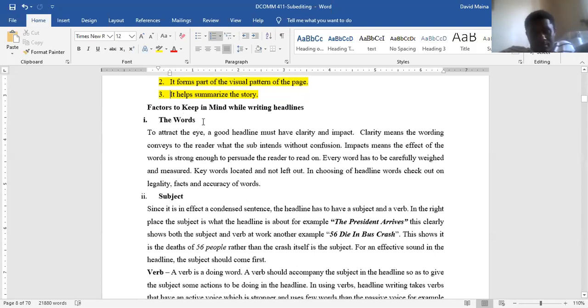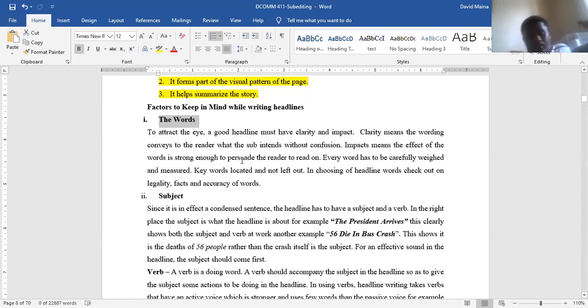So, factors to put in mind while writing headlines. Number one, you have to put in mind the words that you are using. Remember, words are very sensitive. Remember not to use jargons, because in a newspaper, that is not where you show others how good you are in English. You use the simplest English possible. You must be very clear,